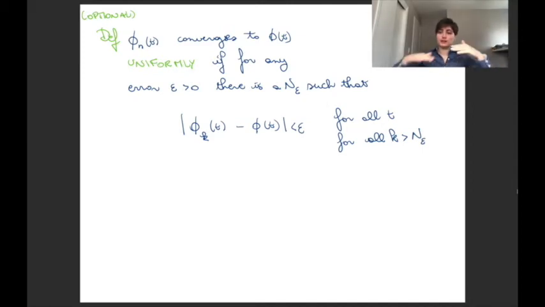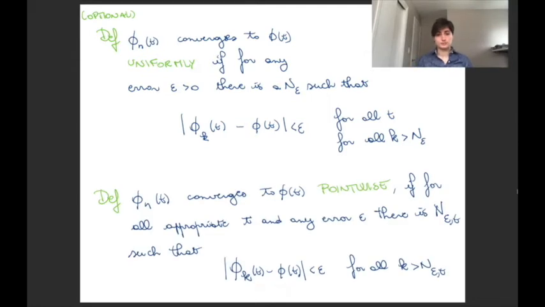It means that everywhere in the interval, phi n converges to phi roughly at the same speed. The uniform convergence is a pretty strong statement. The weaker version of it is pointwise convergence. So we say that phi n converges to phi pointwise if you first fix a t, then